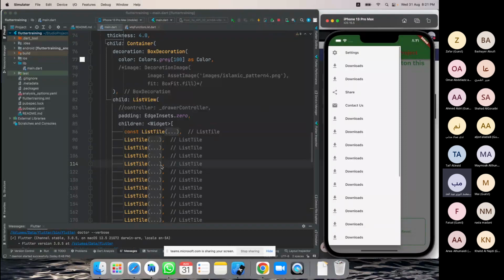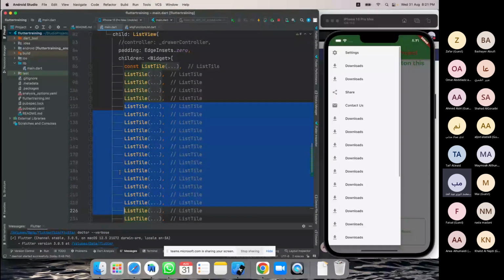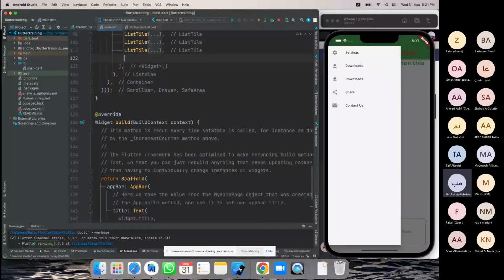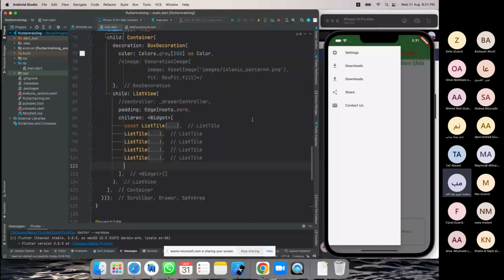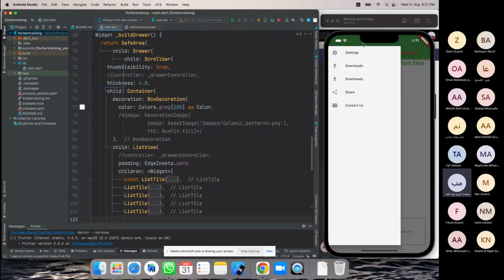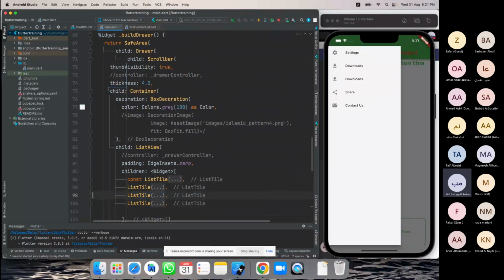So we have these things. Okay, let's remove from here. We have a few things. Now how to show a list of options? How can we show them? We have four options here. So how can we show them? To show a list,